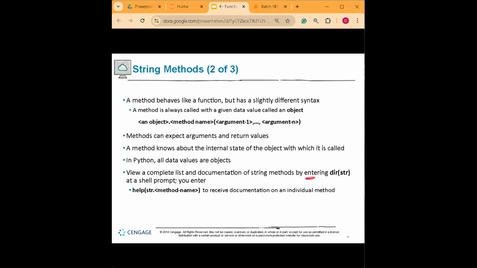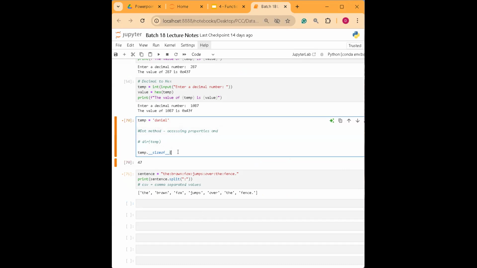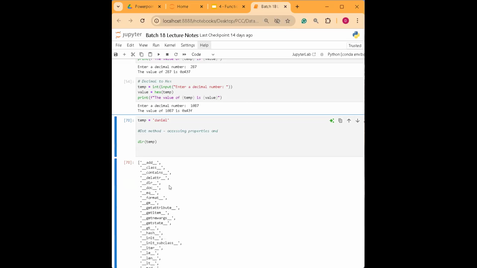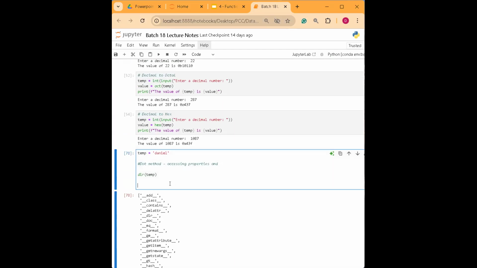Yeah, this is basically what I discussed earlier. We have the help. So how do you use the help? Aside from the internet, there might be cases where you have no internet, right? It might happen. So how do you use the help? For example, like earlier, we have this one, right? Let's go back to dir. Okay. Let's go back to this one. Let's say you don't know how to use isascii, for example, right? And you want to ask for help. So all you have to do is help, and then